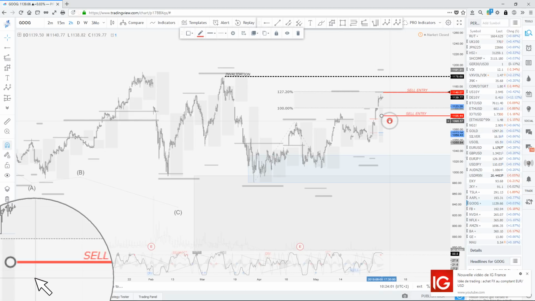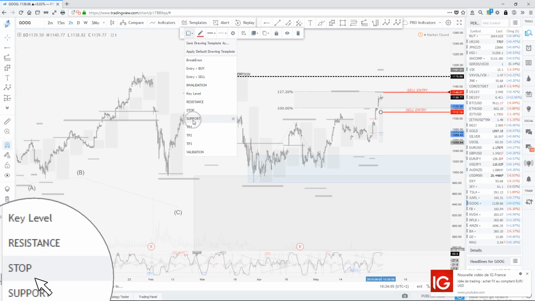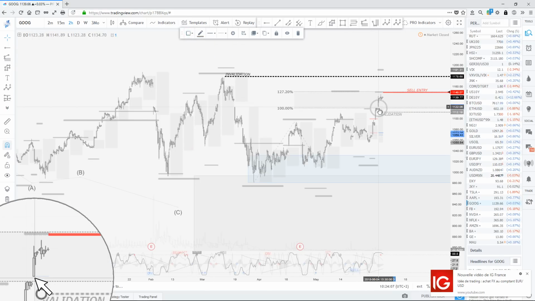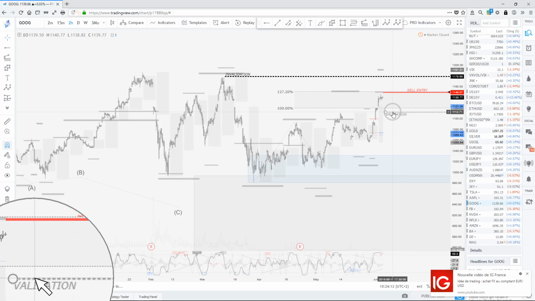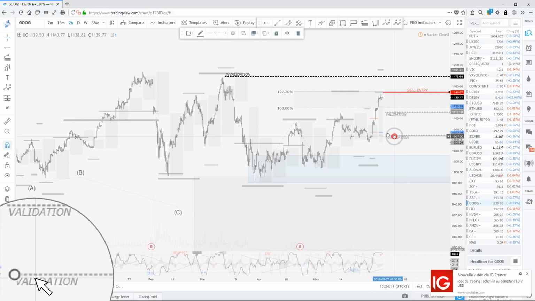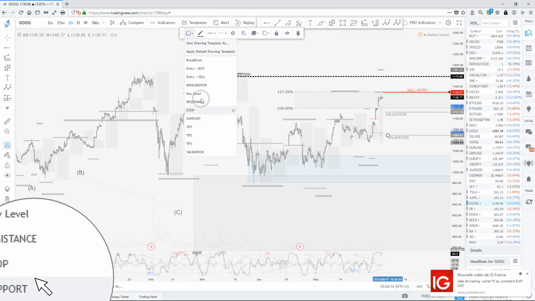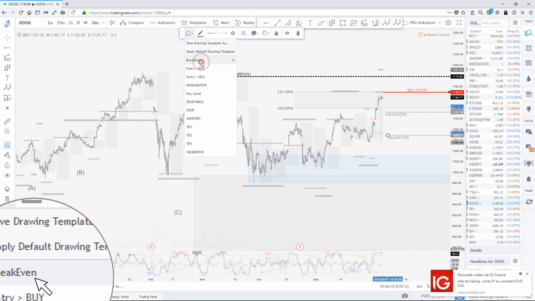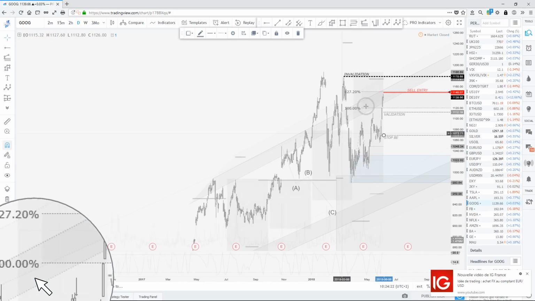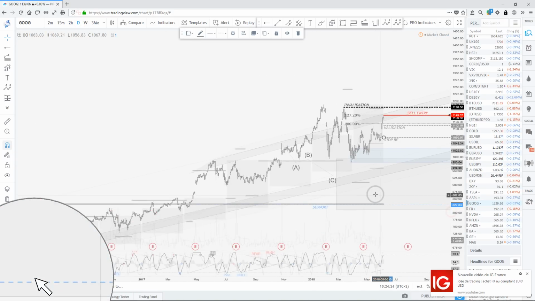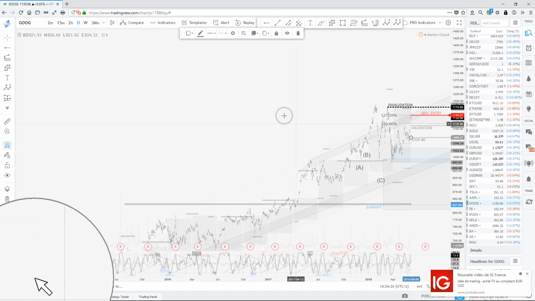This is where we'll get to validation, closing the gap and going below. Okay, if we close that gap and price is moving below, this is where we get to validation. This is where you put the stop at break even. All right. And then you do no taking profit. The value as well is going to fall apart just like all the other big market caps.